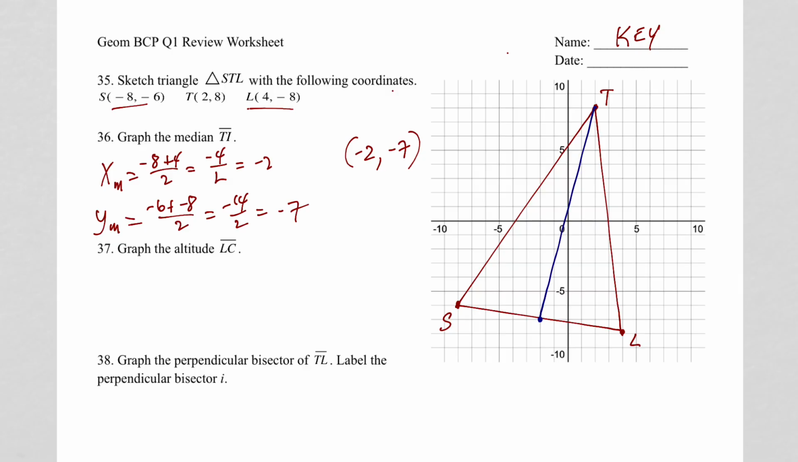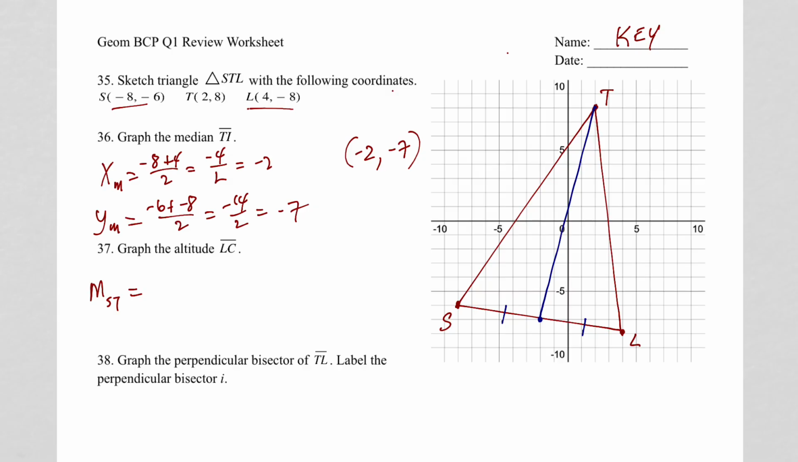And I've got to show that is the same distance as that. Okay, for the altitude LC, we've got to start with L, so C must be somewhere on this line. It's got to cross at a right angle. So I need to know the perpendicular to this. So I need to know the slope of this, so I know the perpendicular slope. So the slope of ST,